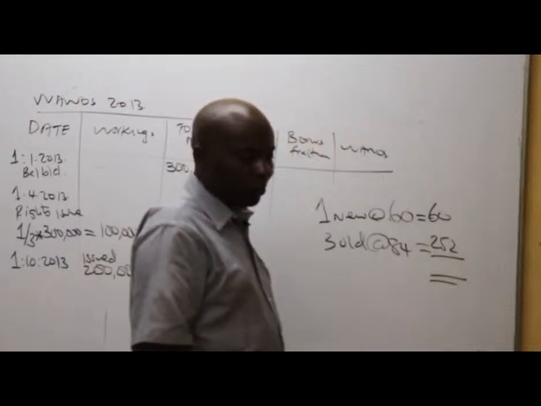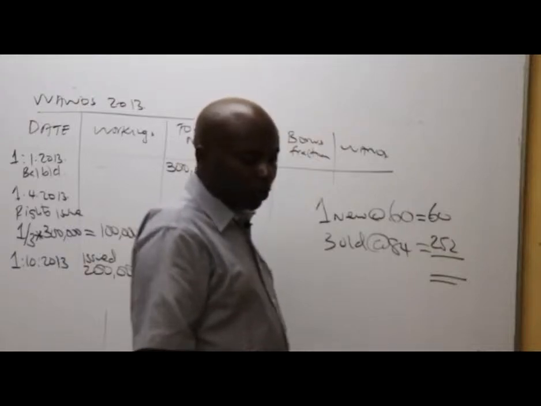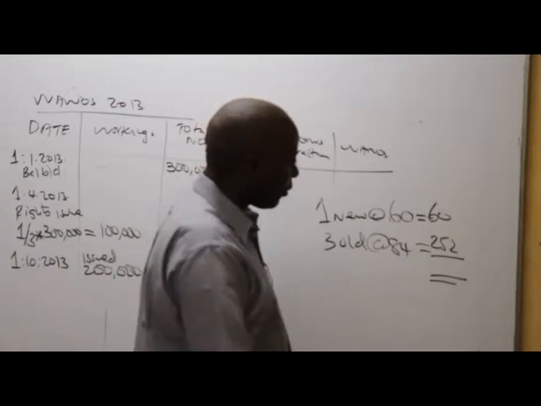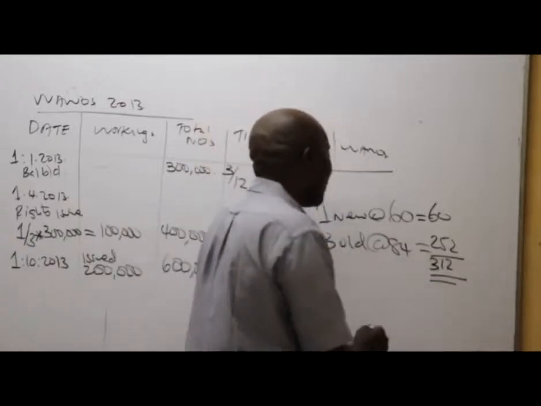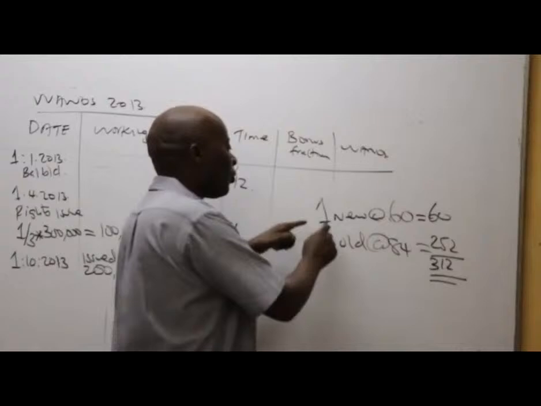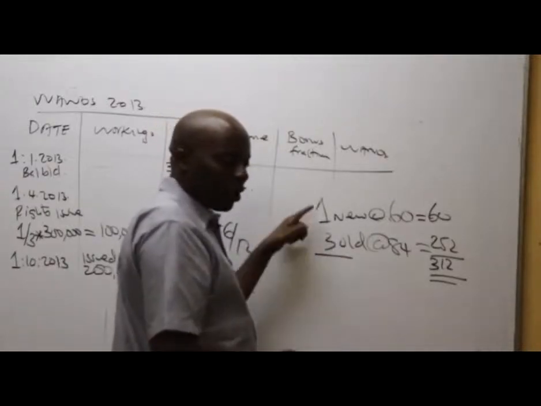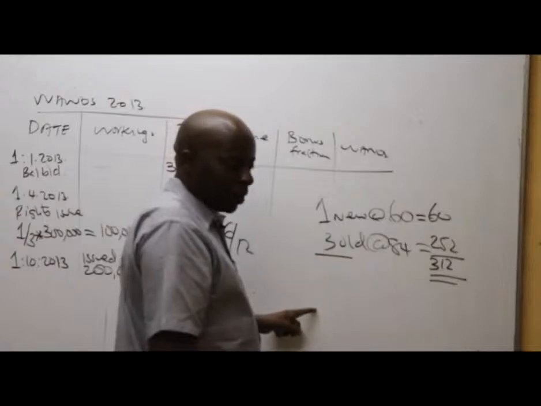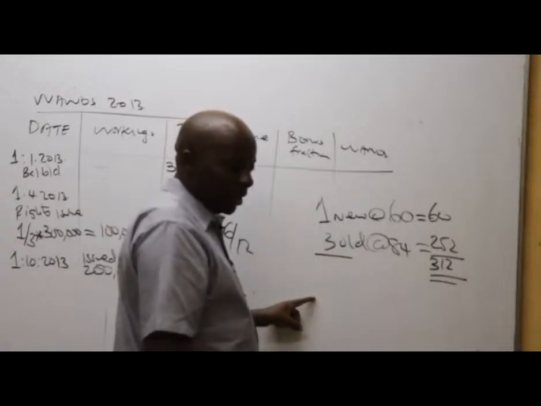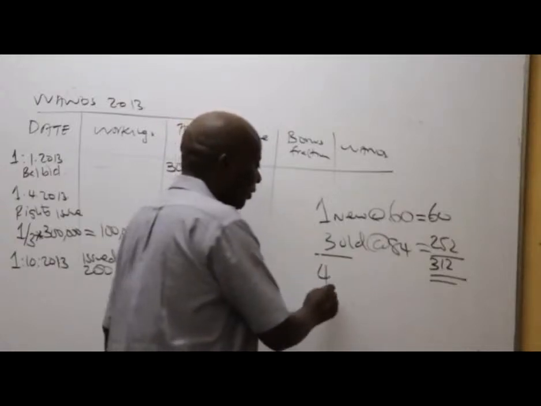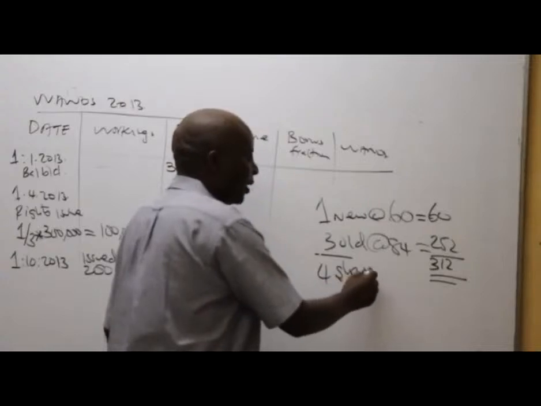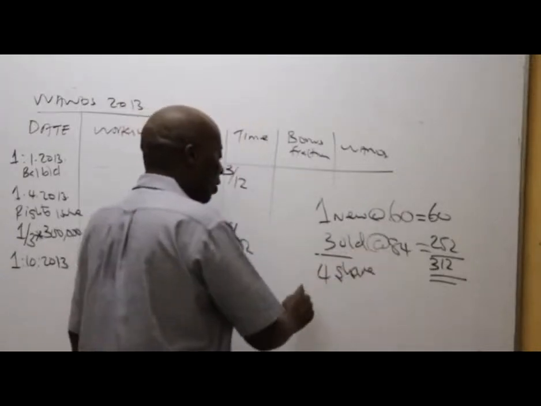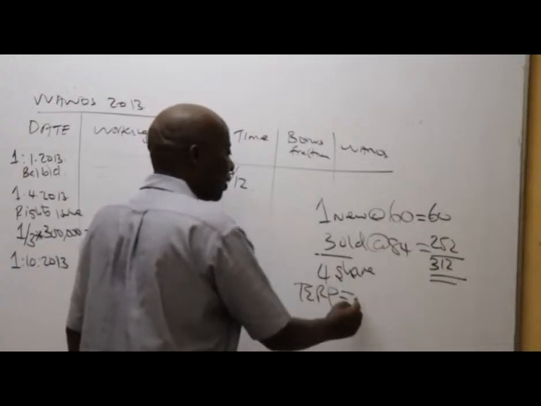The total value comes to 314, or 312. So this 312 is for how many shares? 1 new, when you add, it will be 4 shares. So how about 1? So the price for 1 now here will be the theoretical ex-rights price, which will be